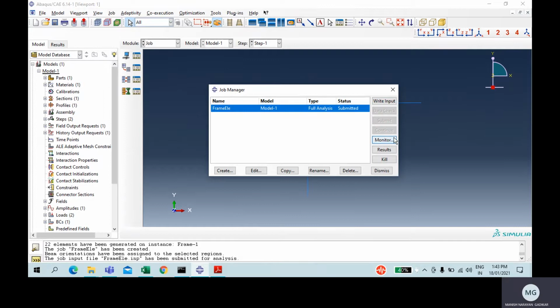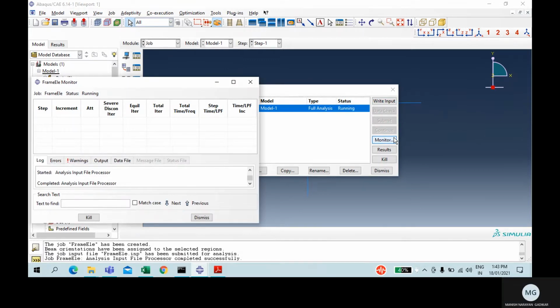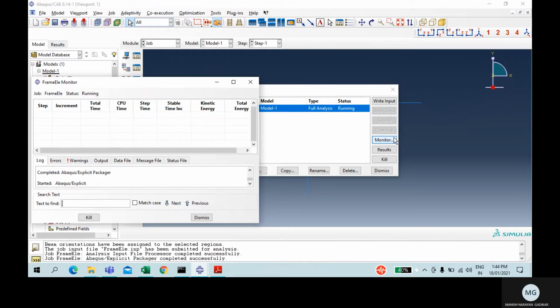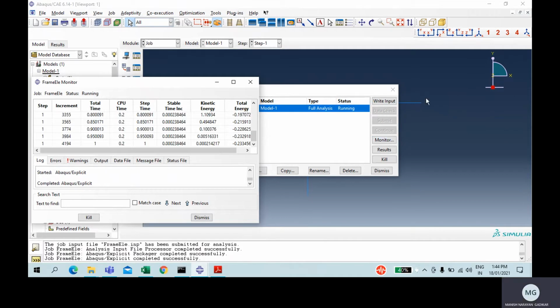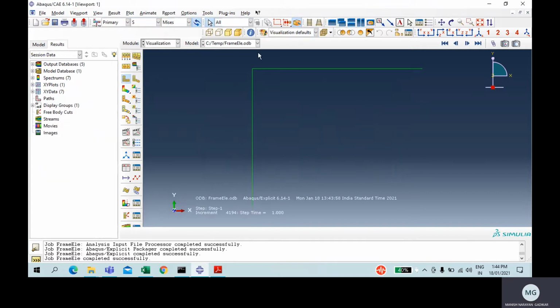Submit. Have to wait. It's completed. Dismiss. We can check results.